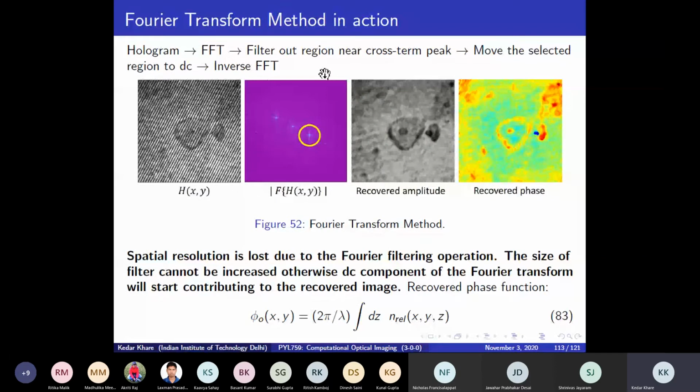Now I have a Fourier transform where only this part, which has some complex values, is non-zero, and that is sitting at the DC. Why is it shifted? It is shifted because there is some spatial frequency of fringes there, isn't it? And so I don't want to have the effect of fringes when I recover the modulation. I think this is very similar to demodulation of AM or FM signals. So you generally try to mix with a local oscillator and then do a low pass filtering, isn't it?